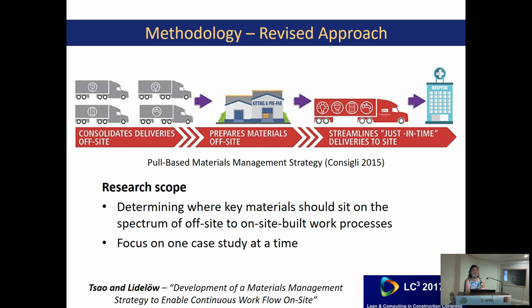And then I thought, okay, I'm going to look across the spectrum of, conceivably we have about 60 live projects at least at any given time. So I'm looking across my projects. Which project team could I work with? And I picked one. The project that we use for our case study is the UMass Memorial